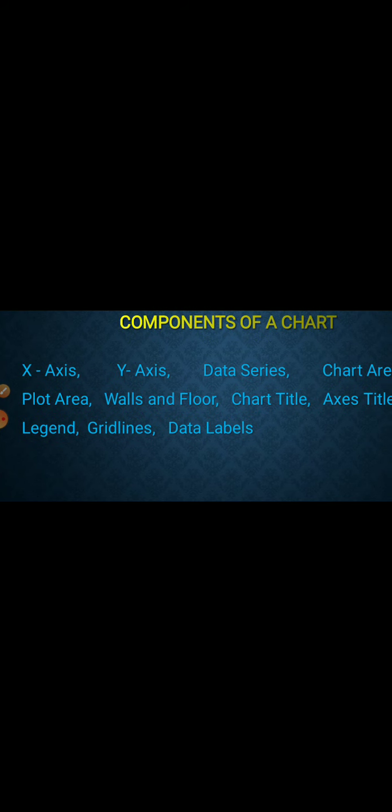Plot area is the area of the chart in which your data is plotted. And walls and floor. In 3D charts, walls are known as the vertical axis and floors are known as the horizontal axis.